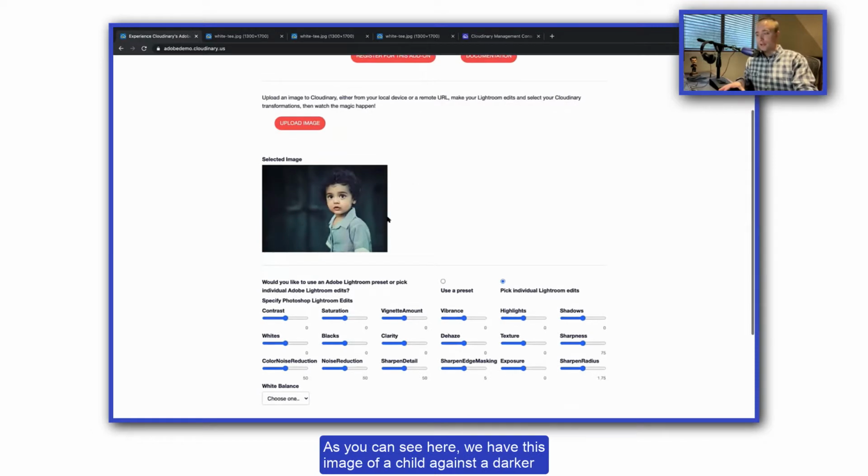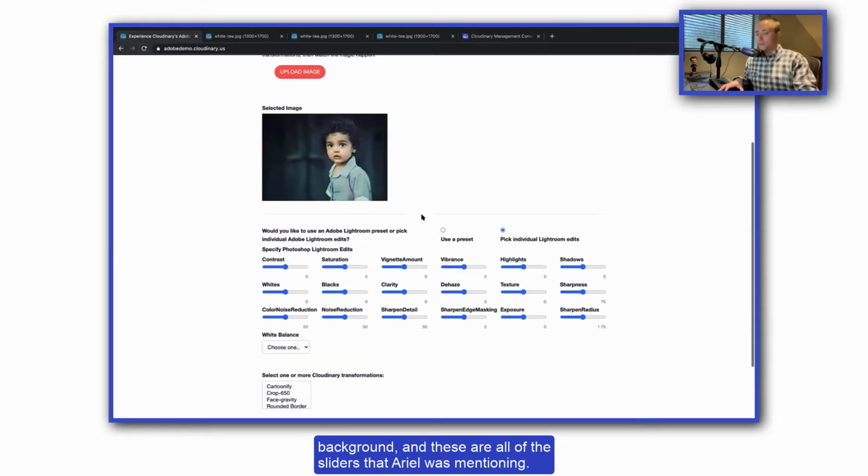As you can see here, we have this image of a child against a darker background. And these are all the sliders that Ariel is mentioning. These are ones we're going to show in Lightroom in just a minute that are identical in that program to this demo, and also what you will see when we start getting into the management console and the DAM side of the Cloudinary system. But this is where I could start playing with this to see, okay, what would this look like if I started removing or adding a vignette?